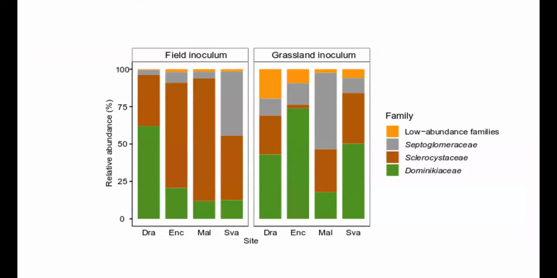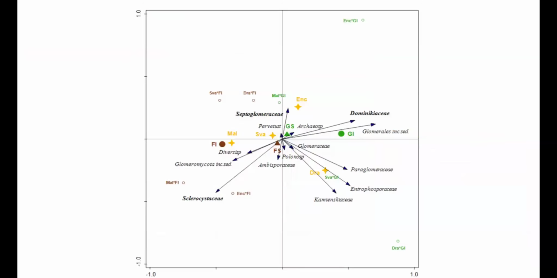If you look at who is actually growing in these systems, that was interesting because we could get quite a consistent picture across the different villages. You see these pictures are relatively close to each other apart from this one, where most of the gray bars are bigger, the green bars are bigger, and the brown bars are smaller in the grassland compared to the cropland. And this is also mirrored in this multivariate